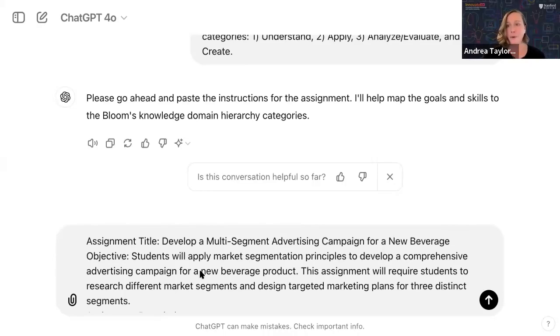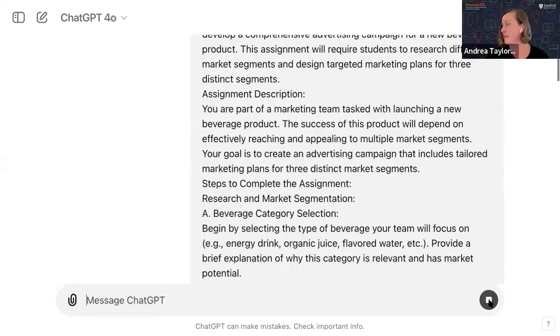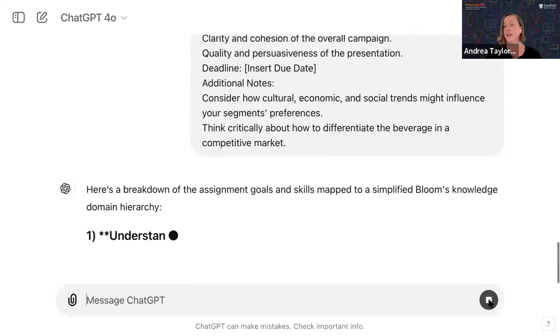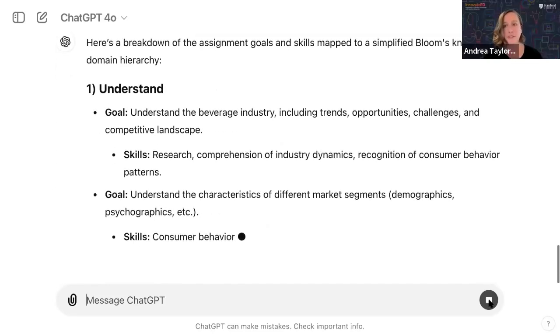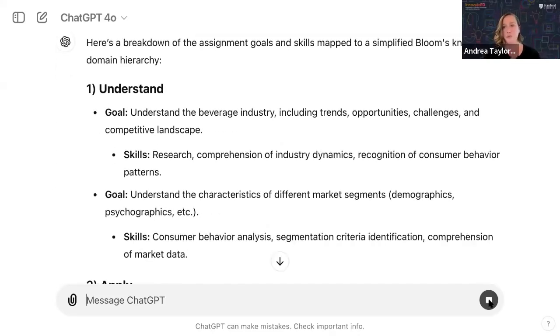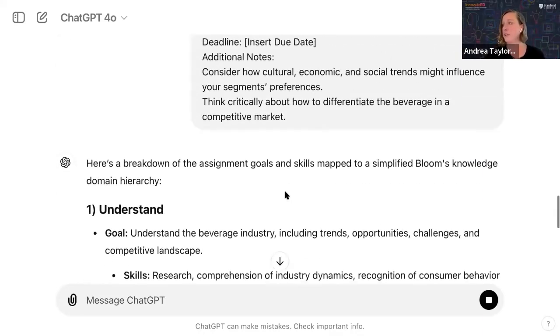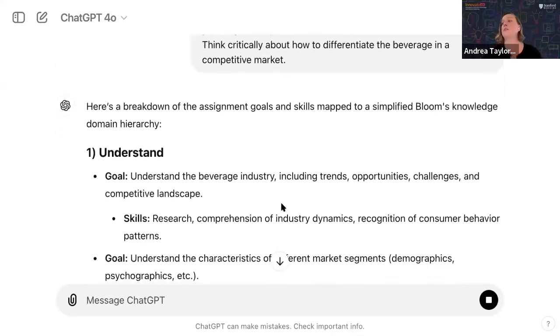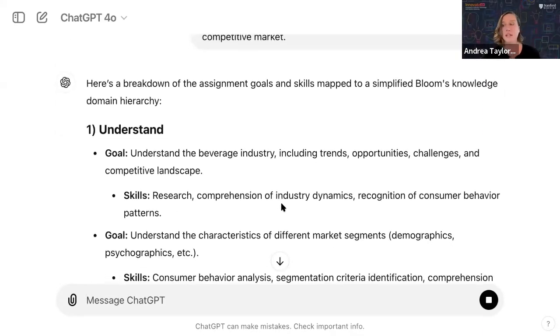And we're going to see how ChatGPT gives us a sense of full goals based on those Bloom's hierarchy domains. And here we go. I'm using 4.0, so it's pretty fast. And you can use any chatbot of your choice when you do this on your own. But I do like how quickly I'm able to get some answers here. So here we are. It's spit out some pretty good goals here pretty quickly.